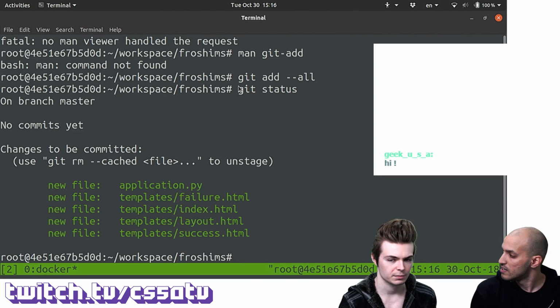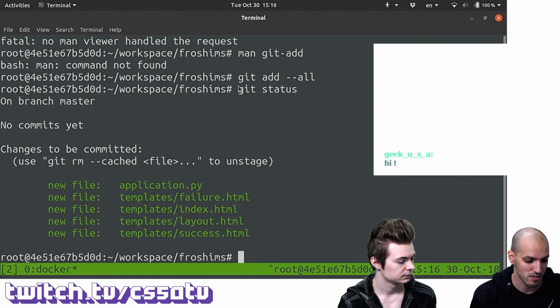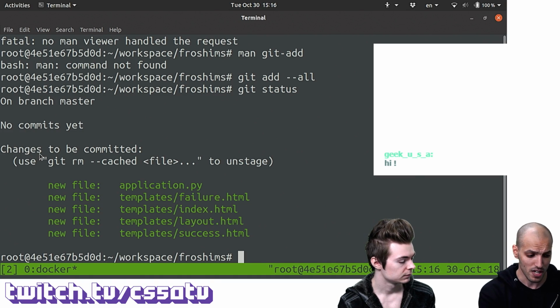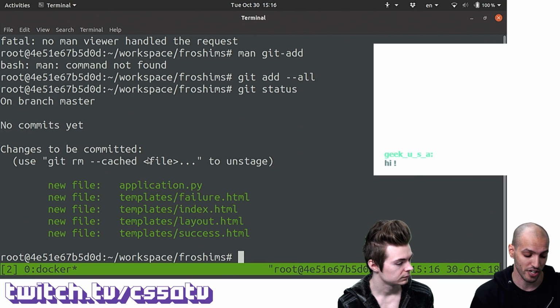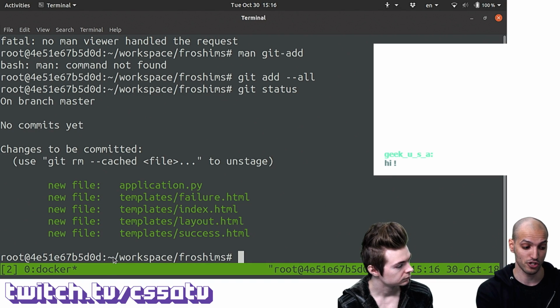Sure. I guess I was looking more at that second diagram. So the second diagram is more about this thing on the left here. This says new file. Previously it said that this file is untracked. So these are changes to be committed in the staging area, and it's saying that all these are new files. We're going to see when it shows modified. It's probably going to show it here on the left instead of new file.